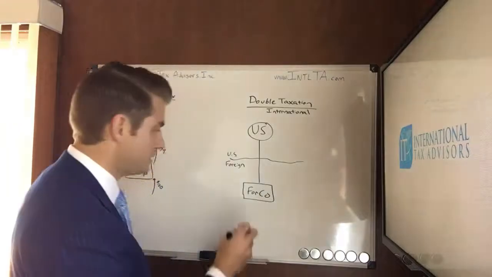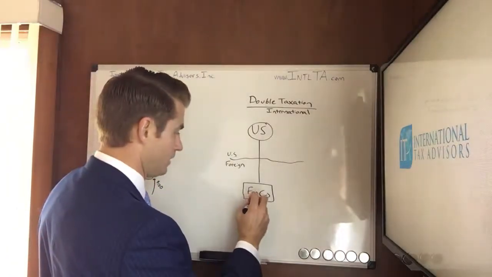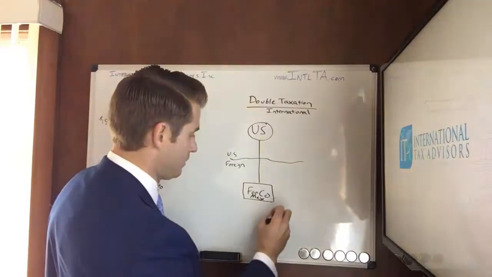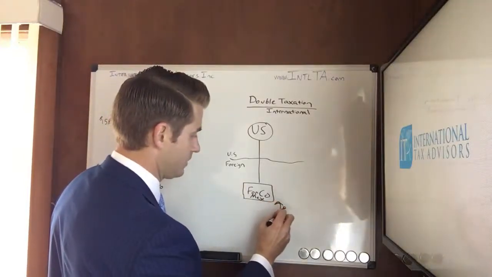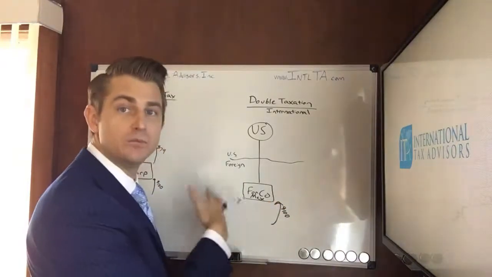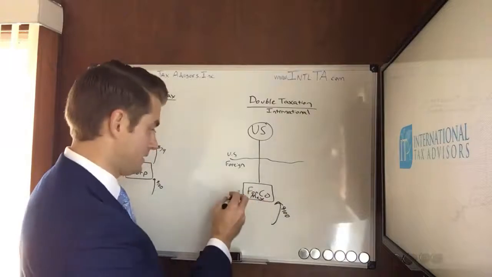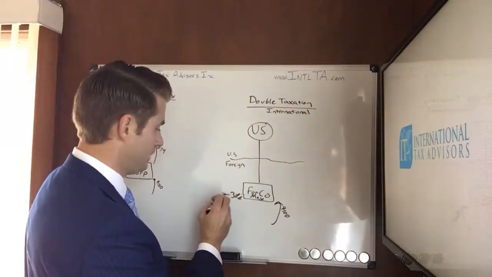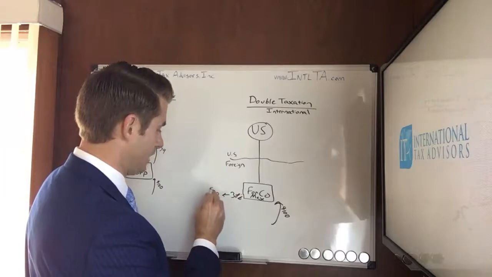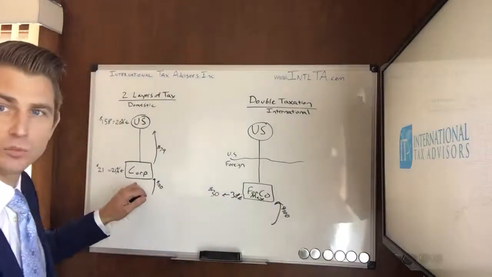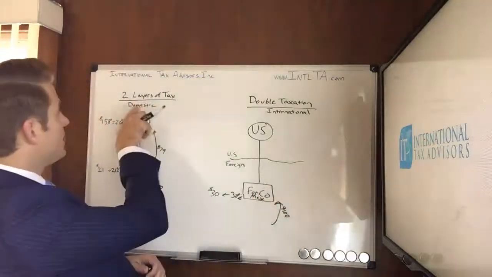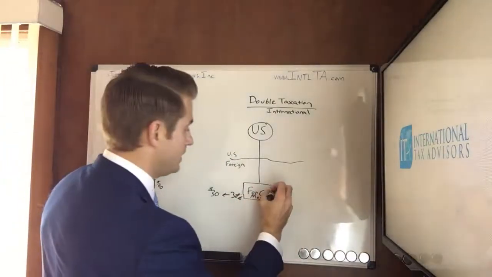And so let's take Mexico, for example. If a foreign corporation was set up in Mexico and earned $100, it would be subject to Mexican corporate entity level taxation, which is 30%. And so they would pay to the Mexican government $30, equal to that corporate level of taxation. Mexico would have its own domestic second layer of tax, and it would